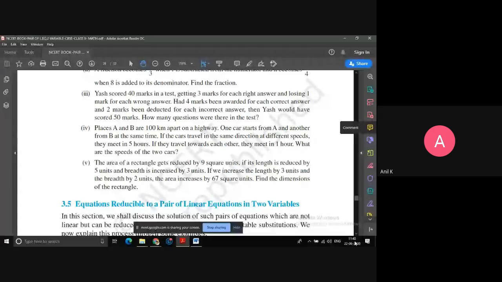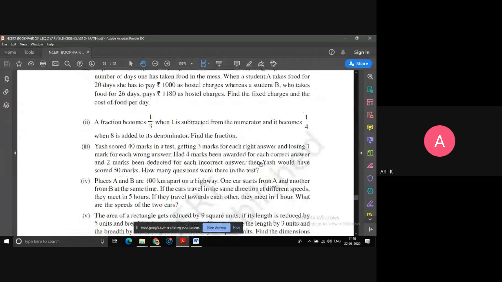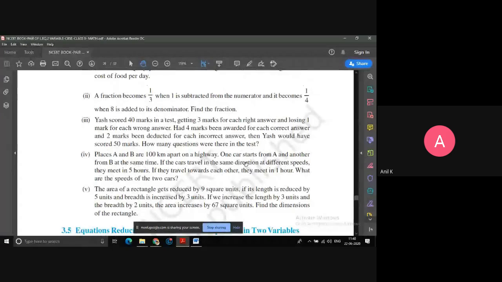Okay, so now I have discussed this. There is one more question based on speed and distance, which we'll discuss maybe in the next class. I think at 12 o'clock you might have some other class, maybe at 1 o'clock. Another is distance traveled by the car, speed of the car. These are the two steps. Still we have three methods left out, I think. We'll discuss them one by one.